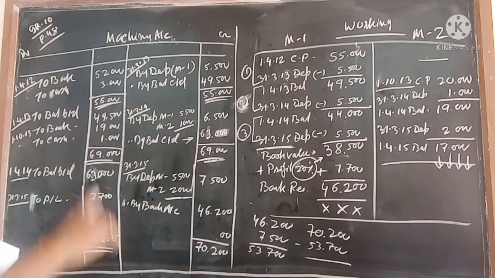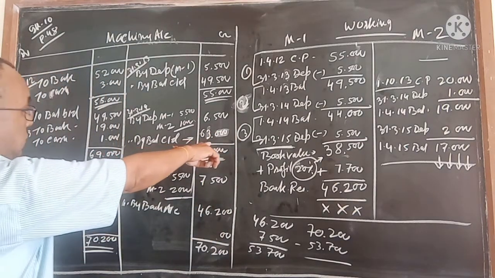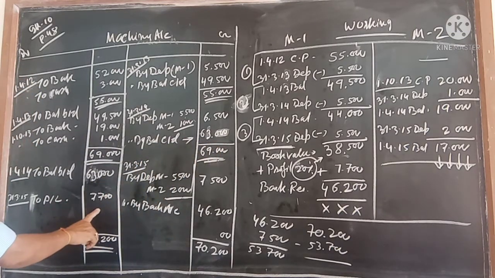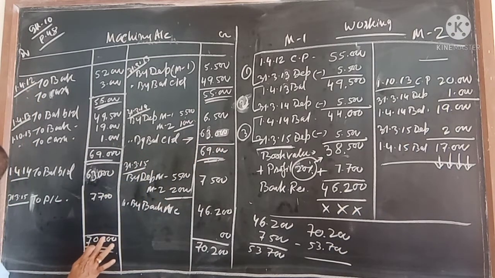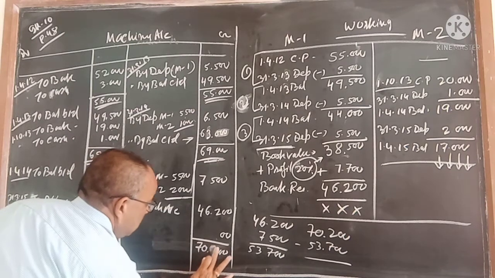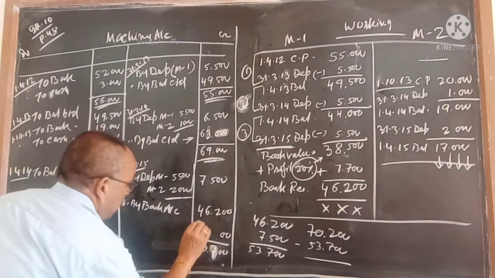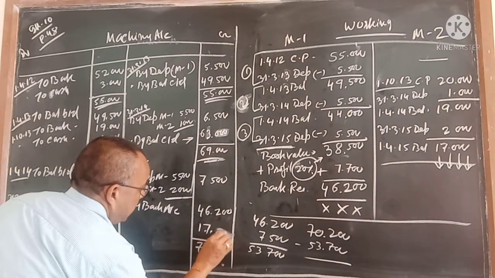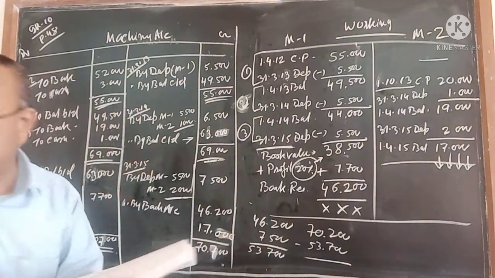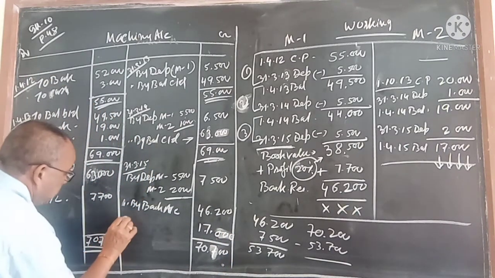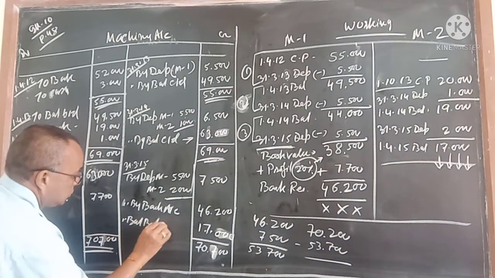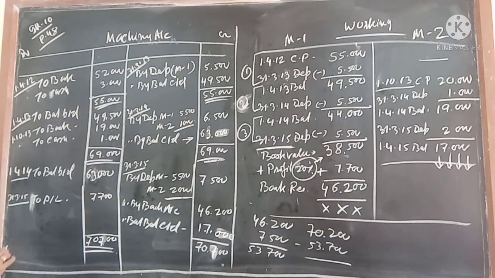Now you understand? Plus minus में mistake हुआ था. This is 63,000. Correct. 63. Now 70,700 is coming. Yes. Plus minus में mistake हुआ था. 70,700. And this side is coming 7,000, 46,000, 17,000. Now it is coming. I made a mistake in addition and subtraction. Now it is correct. So look at the board once again. You are getting the balance by balance CD, and here you write 1, 4, 15 to balance BD, which is coming 17.